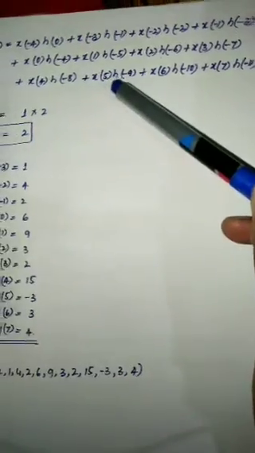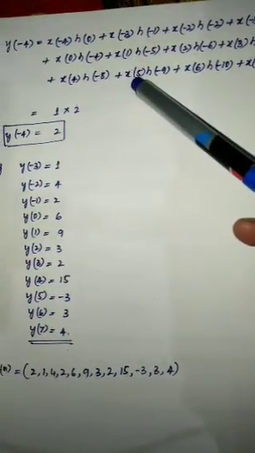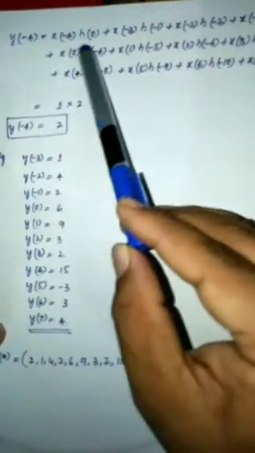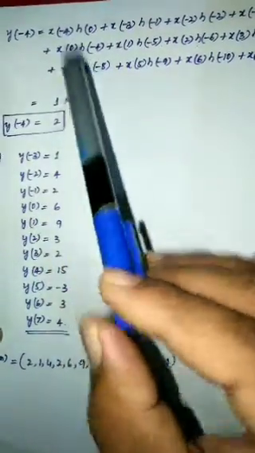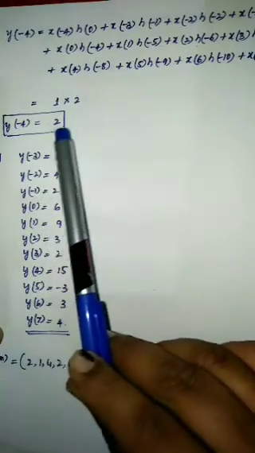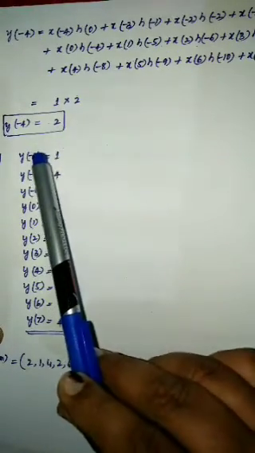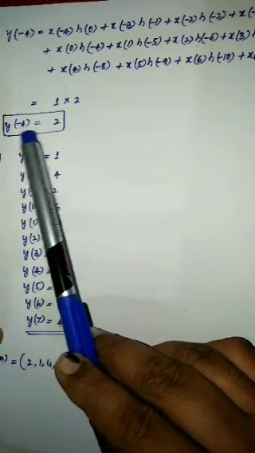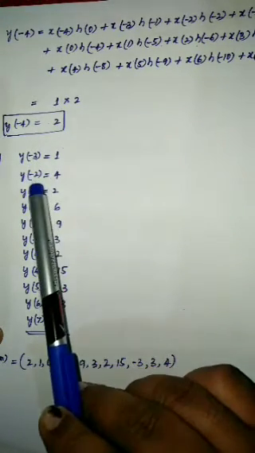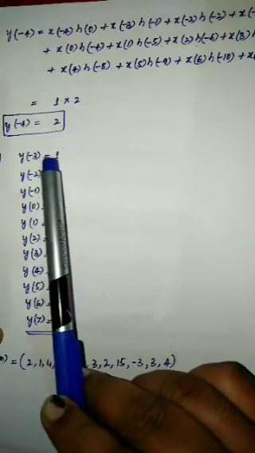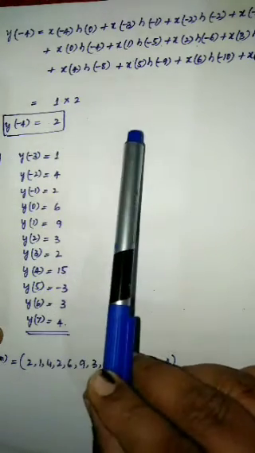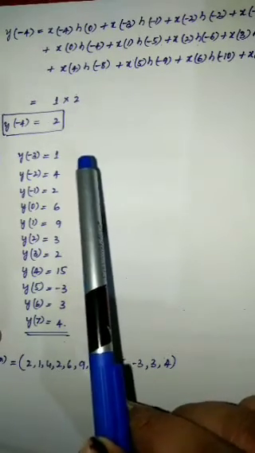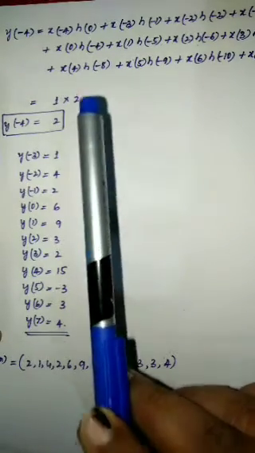Now, this is how we can compute the values for y of n. This we have obtained for y of minus 4, right? Therefore, y of minus 4 is equal to 2, and similarly we need to substitute the value of n there. Here n value is minus 3, n value is minus 2. Now, upon substituting the value of n in your formula, and m obviously continuously varies from minus 4 to plus 7, isn't it?